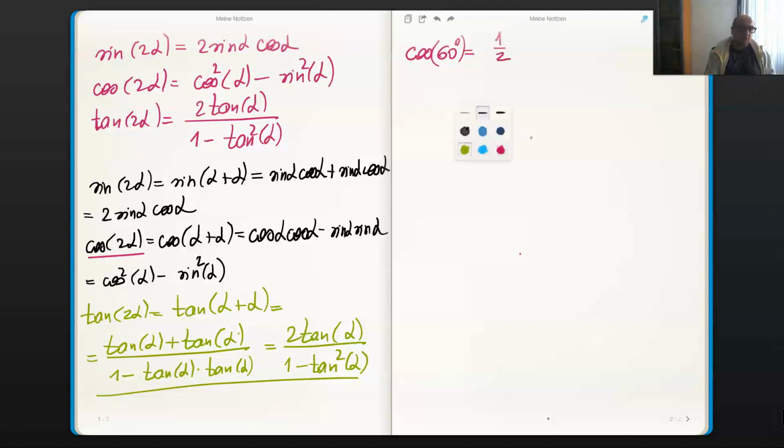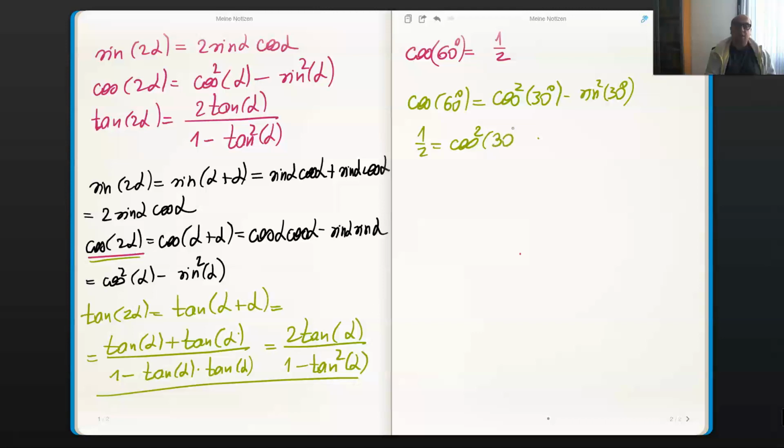And well, now if we're applying this formula, the cosine of 60 is cosine squared of 30 minus sine squared of 30. Okay, and you may say, well, okay, I know the cosine of 60, but I still do not know the cosine of 30. So how should I be working? Well, you see, we know that this is a half. We have cosine